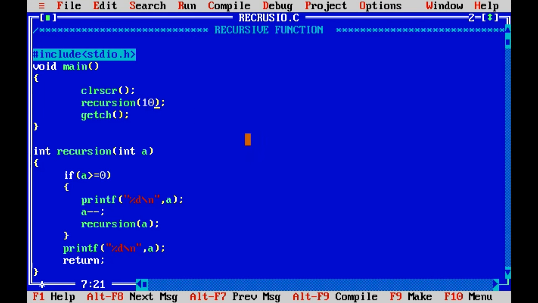There you go, when the condition was false we got -1, and for the 0 in the if condition we got the value -1. This 0 we got from 1 and this 1 we got from 2, and so on. That is the logic of recursion.